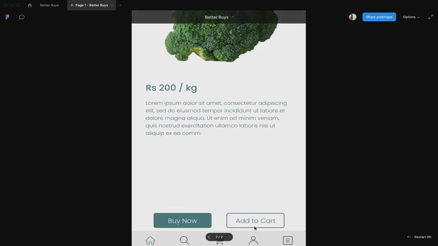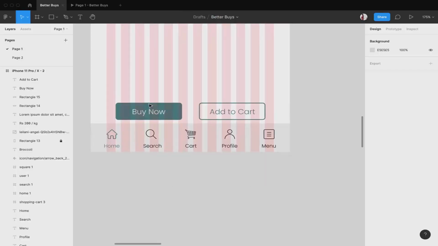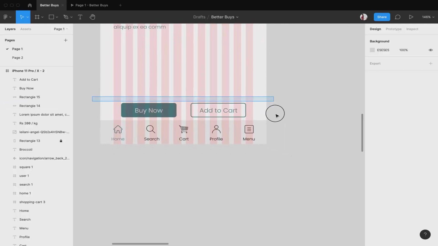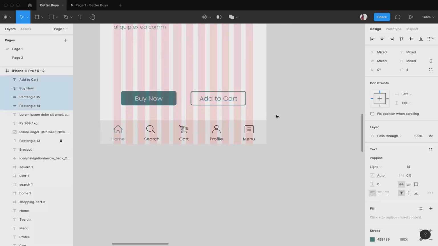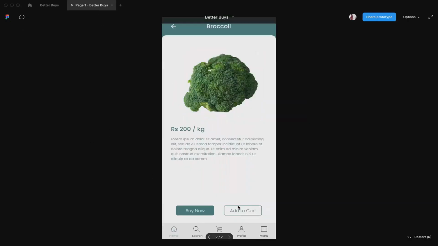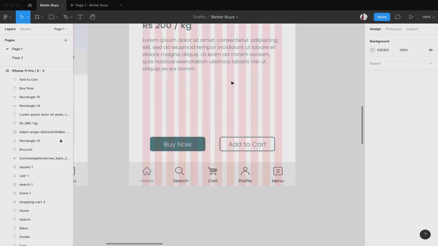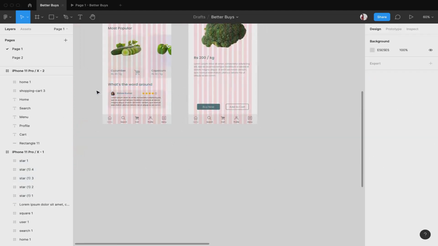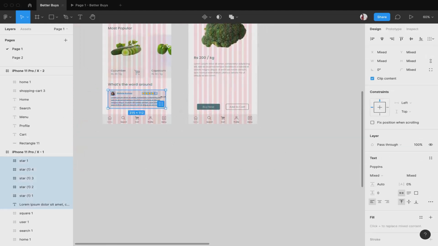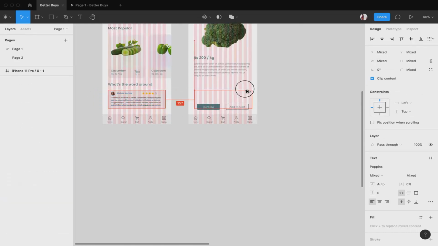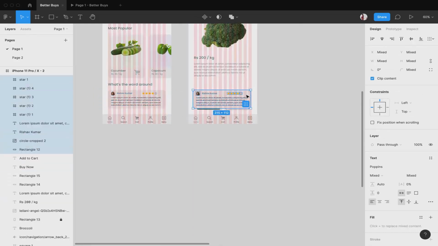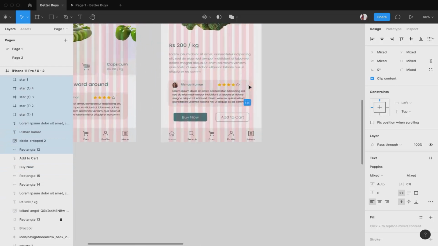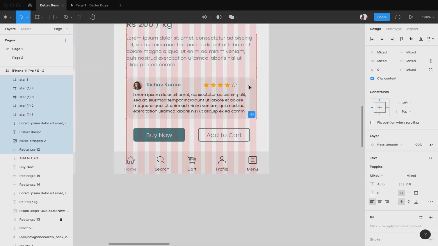I think we need a little bit more white space from the bottom navigation bar, so I'm going to push it a little bit upwards. So select it and then click on the up arrow. Okay, now this looks better. Now over here we are going to display the seller's information. So for that I am going to select the design of a review over here. Over here we'll basically have the seller's description or review, something about the seller. We'll decide that later. Once we develop, we'll see which one is more convenient at that point.